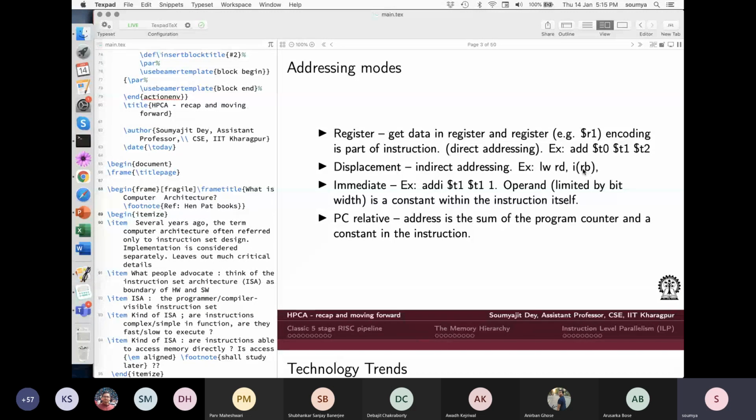Now, how does this help? What we are saying is, this is called the base register, which has some address. You add this address with this constant to calculate the effective address, you go to that effective address in the memory, get the data, and put it right here in the content of RT. Am I clear on what I am saying?